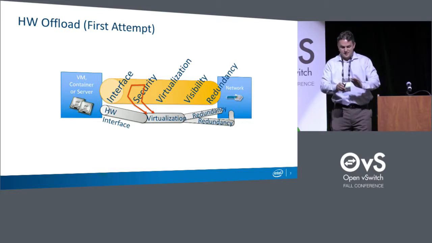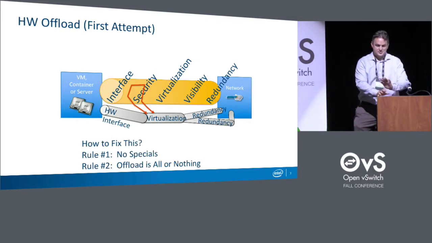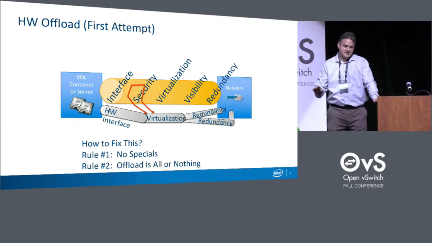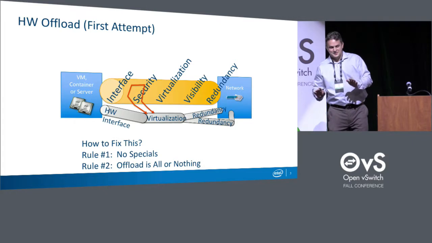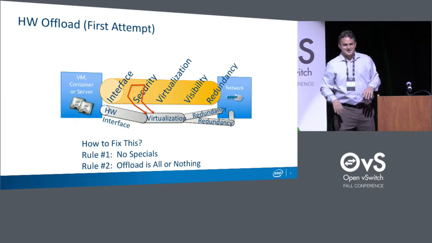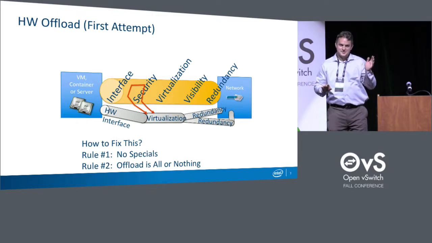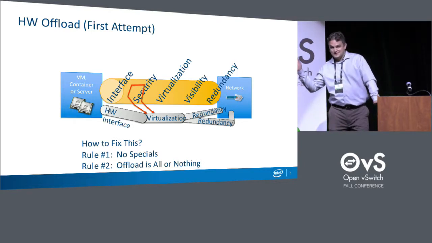And so I would say after that first attempt, I would set up 2 simple rules. Rule number 1 is no specials. If it's hardware offloaded, you shouldn't know about it. It should just go faster. And these are ideal rules, but this is where you want to land. You don't want to have any hardware specials, no special interfaces, no special cases that only hardware offload runs into. And the second one is just the title of my talk, which is